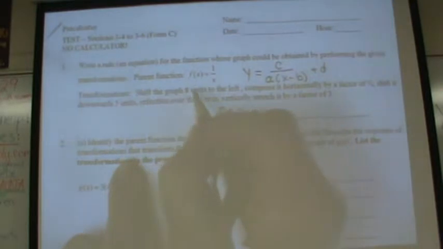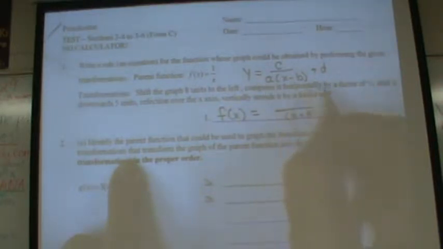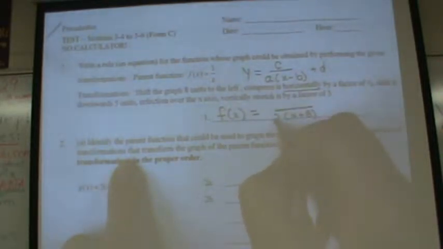By shifting the graph 8 units to the left, that is going to be the x, and instead of minus 8, it's going to be plus 8. Compressing it horizontally by a factor of 1/2. The horizontal compression, what you do is you flip this number, you get a 2, and that's your a value. The next one, you're going to shift it